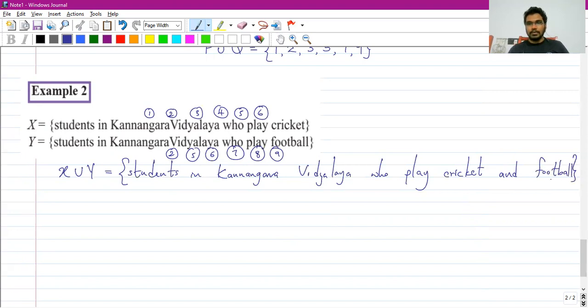So I will write it like this way for now. If it is and, it must be X intersection Y, because and means the student must play cricket as well as football. Not one of these. That student must definitely play both of these games, cricket and football, if you use and. But we cannot use and because now they are asking the union. So all the students in X and all the students in Y must be included in this